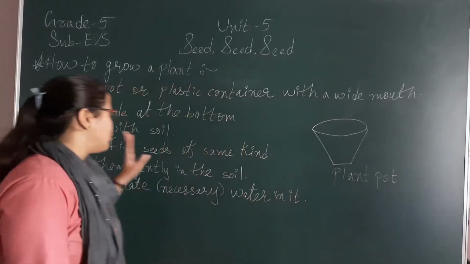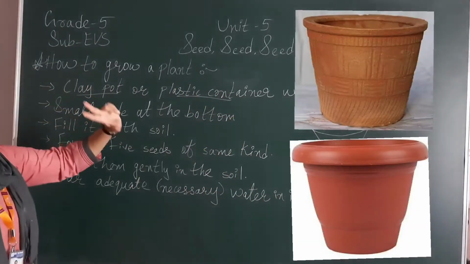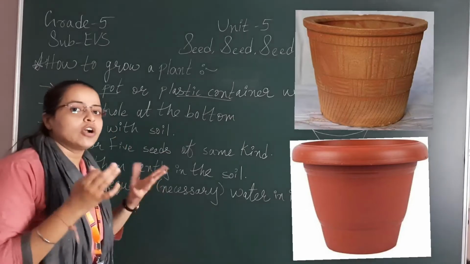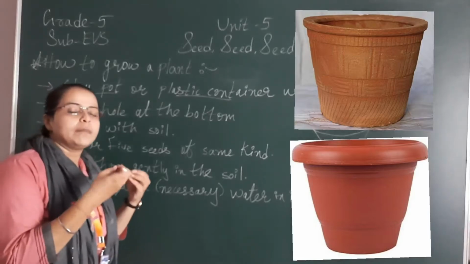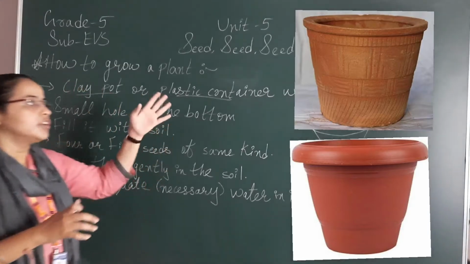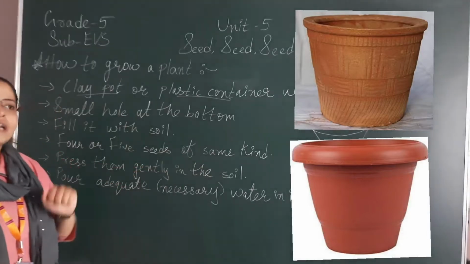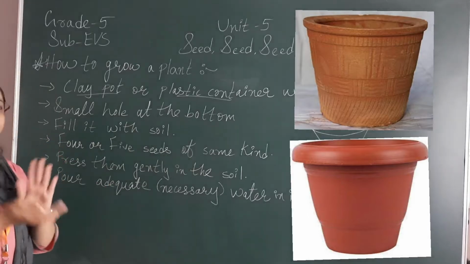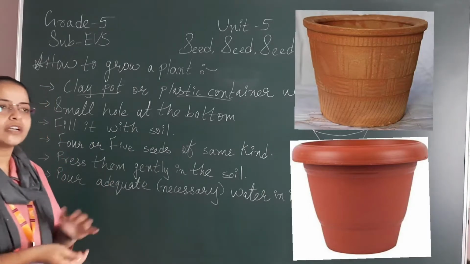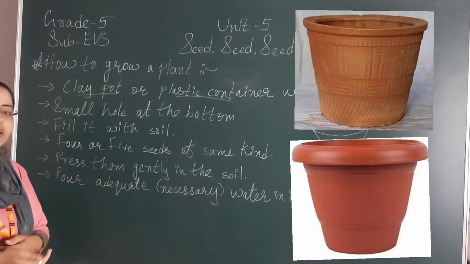Let me show you the photo of a clay pot and a plastic container. A clay pot is made of sand or soil. वो soil और sand का बना हुआ होता है, most probably of red soil or maybe of brown color, right? So here is a picture of a clay pot and one more picture of a plastic container. Nowadays people are also focusing on plastic containers. Plastic के containers में भी काफी सारे लोग focus करते हैं. They are trying to grow the plants in plastic containers. That is also good.